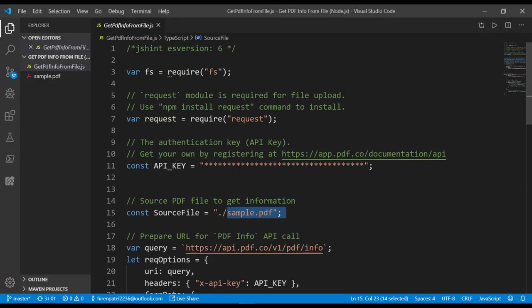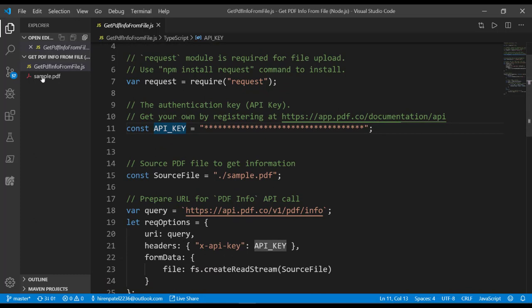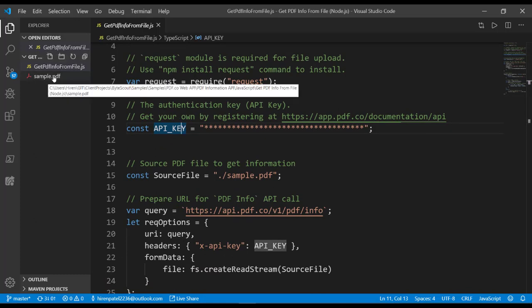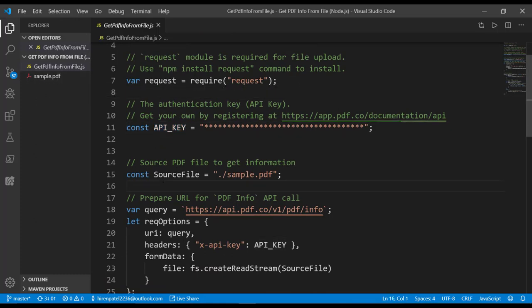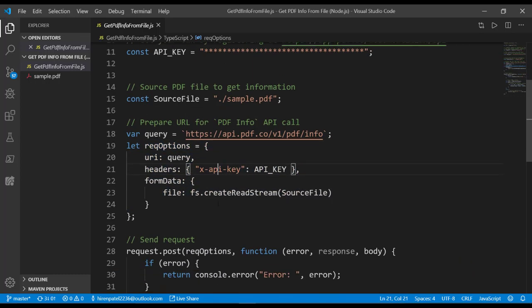So here we are having the Node.js program for this. We have the placeholder for the API key. We have the input PDF here, which we will utilize. We are preparing the query for this. We prepare the request options here with the header containing the API key.